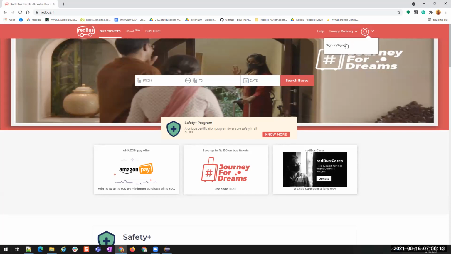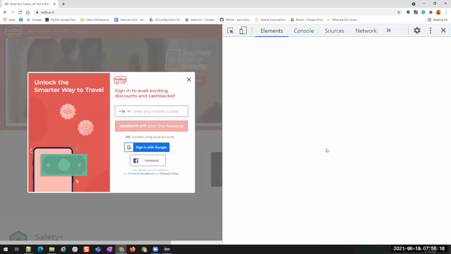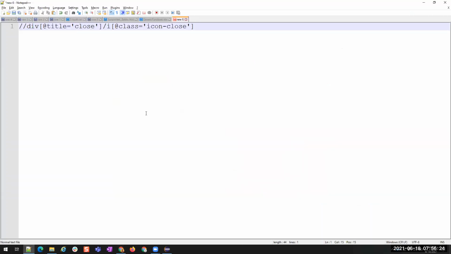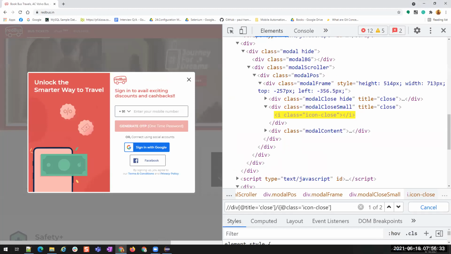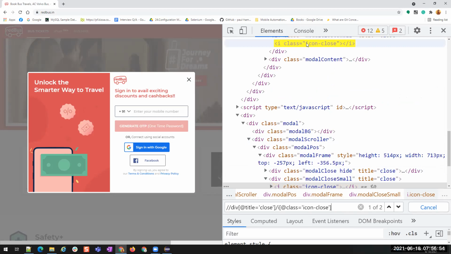I'll click on this. Now we have it here. Inspect. Control F. I have stored the XPath that we wrote, which worked previously, so I'm taking this and pasting it. Now you see how many am I finding? It says 2, but really, are there 2 close icons here? No, right? The second one is our icon, but the first one is not ours.